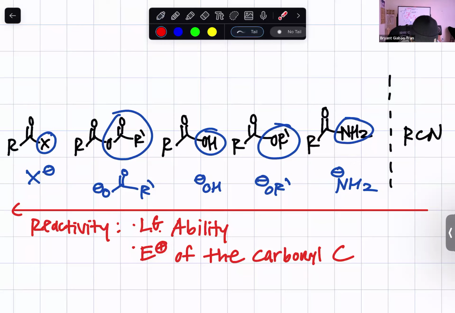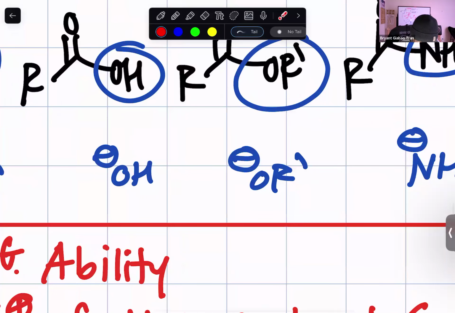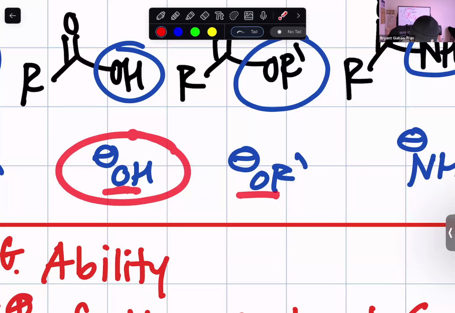We also see that for the anhydride right here, this is the second most reactive derivative because it has the second best leaving group, right? The negative charge on this oxygen right here can do resonance with this carbonyl right here. And if something can do resonance, it is more stable, right? Now, if we compare the negative charge of this oxygen versus the negative charge of this oxygen right here, the negative charge on the OH oxygen is more stable because it does not have any electron repulsion. There's no R group donating electrons into the oxygen,